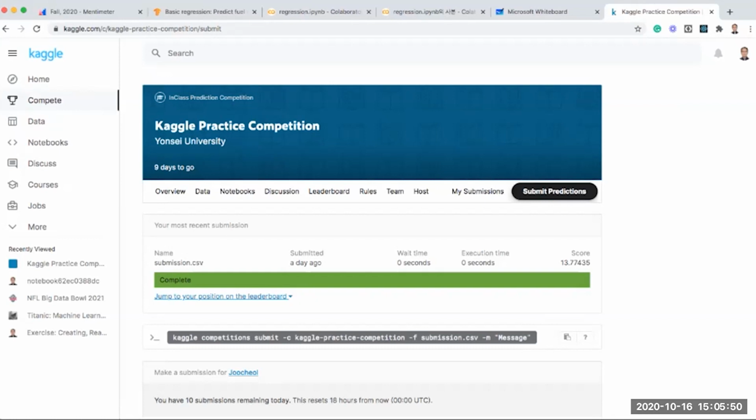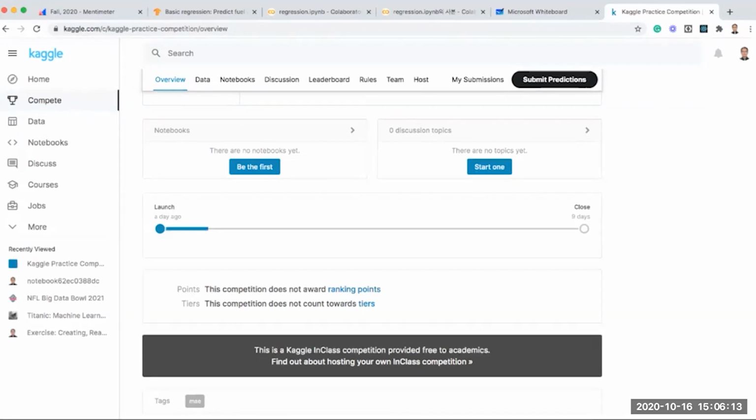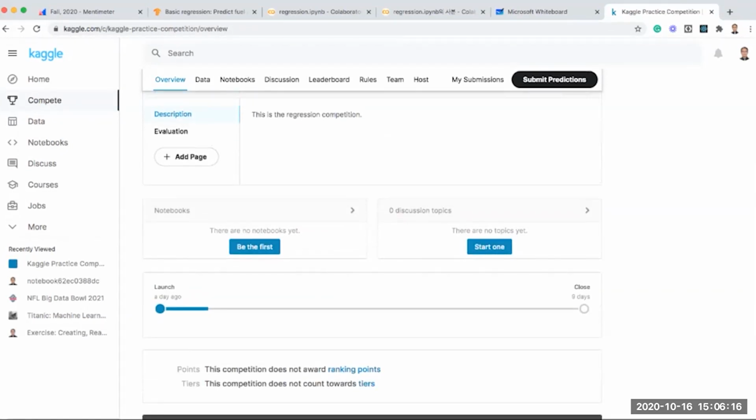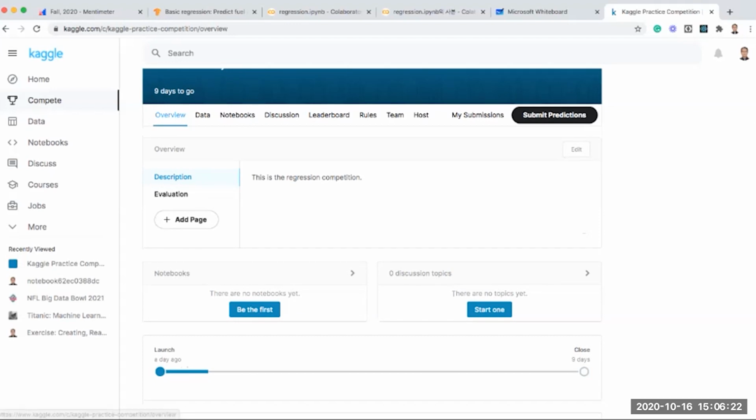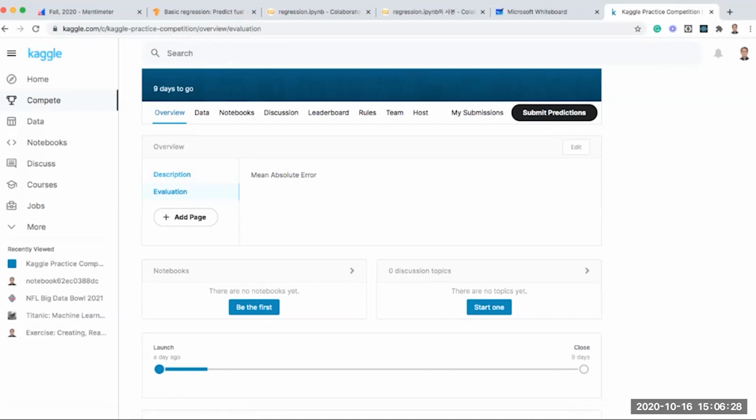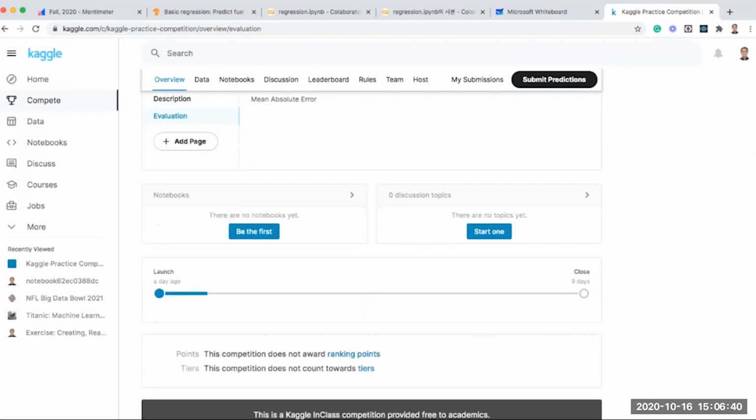Please do it by yourself, because this is exactly the same way you participate in a real competition. Oh, okay, I think students can successfully join in. So once you are inside, in a real competition, there are lots of descriptions and lots of evaluation metrics, and you will see other notebooks and discussion topics. But since this is our competition,